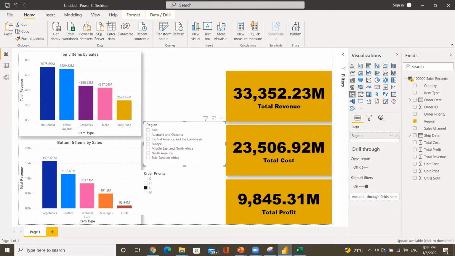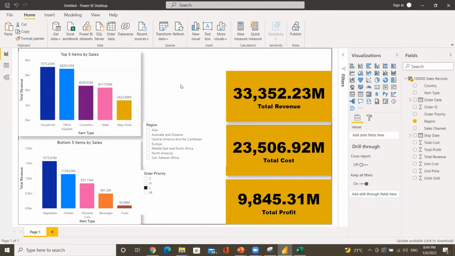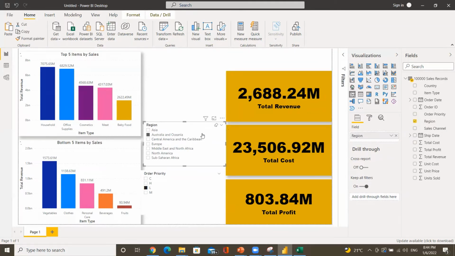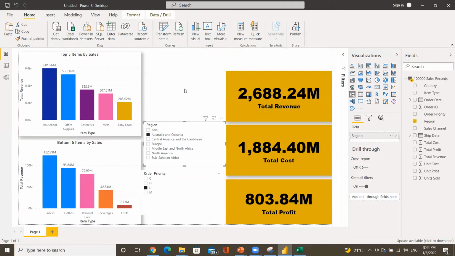And another slicer is we need to create it for year also. Because here we have so many years, so we need to create it for that. So what we need to do in this region, what we need to select is